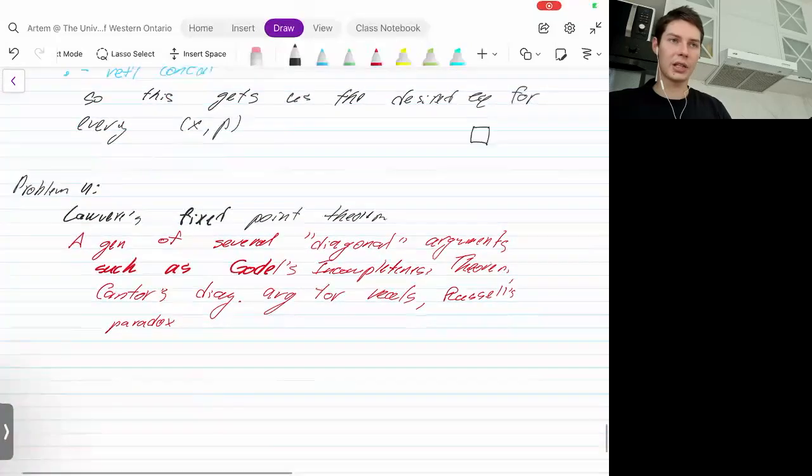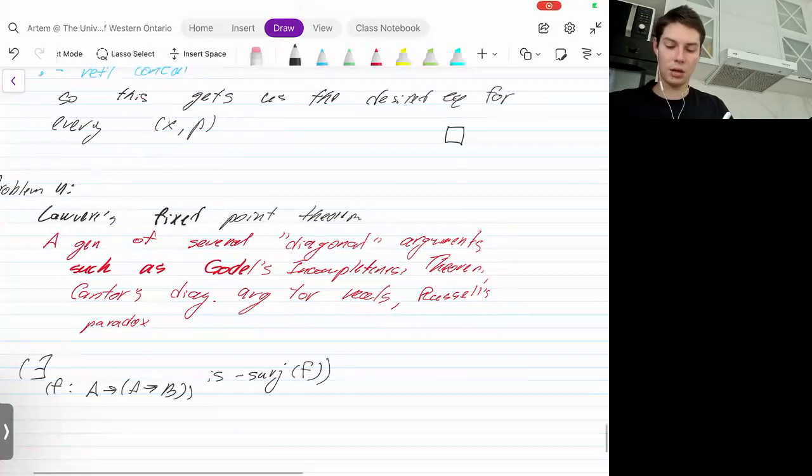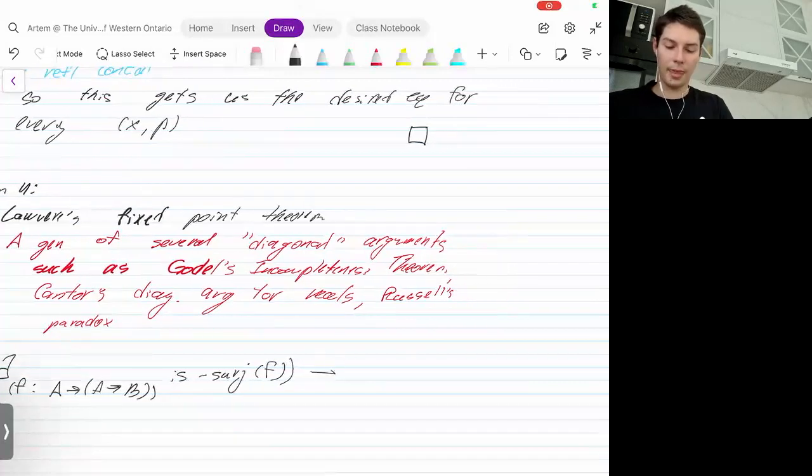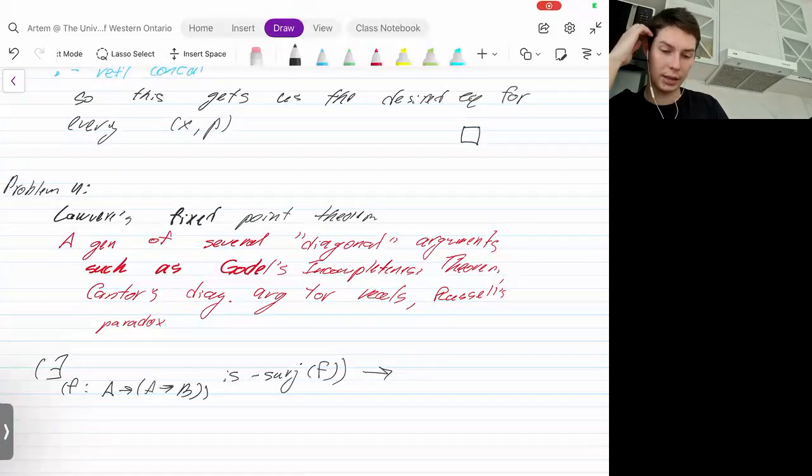So Lawvere's fixed point theorem says formally, if we have the mere existence of a function f